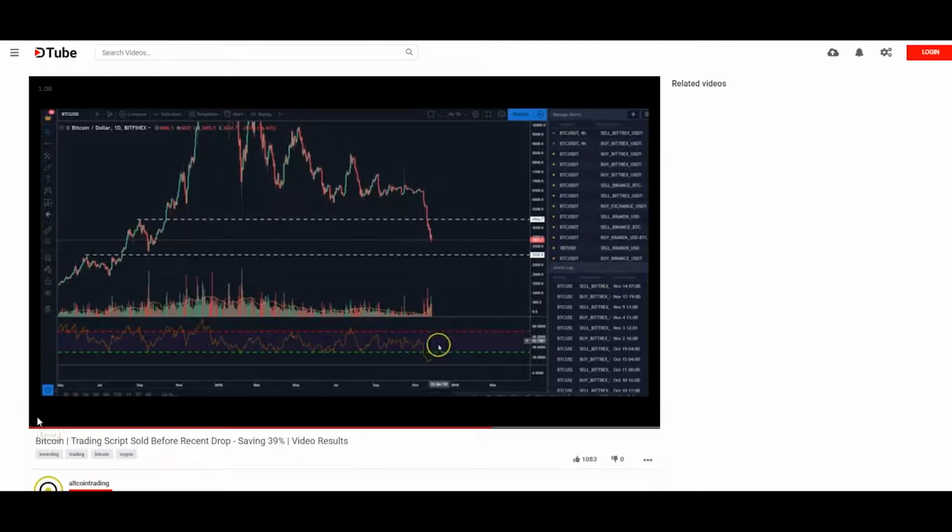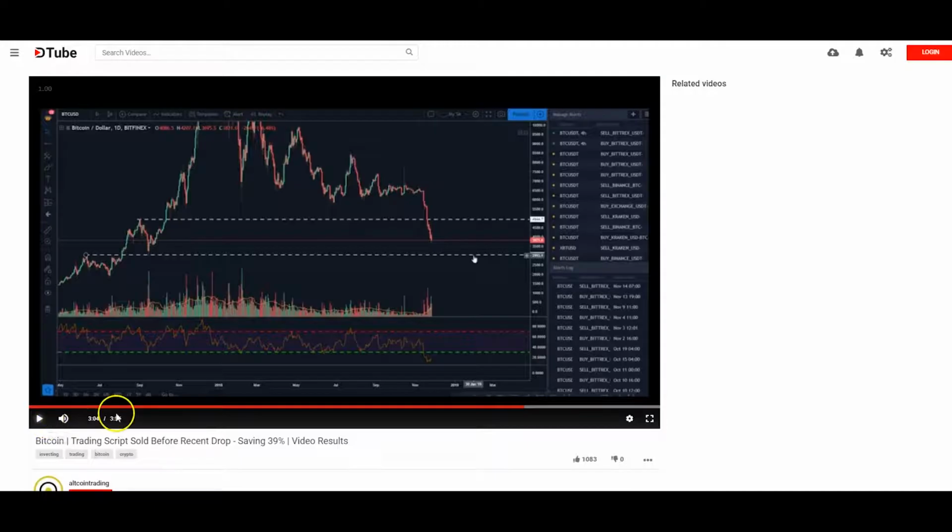So looking back at this, with it being this oversold, I do think we're going to get a nice pop-up, probably up to this bar right here, to this resistance line, and then we're going to break back down to the second one. Now that's just some...